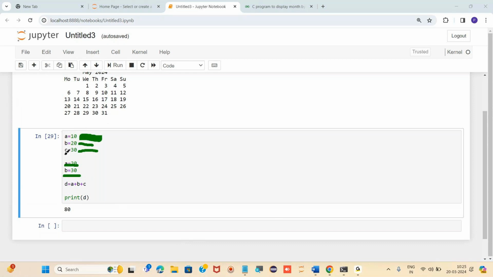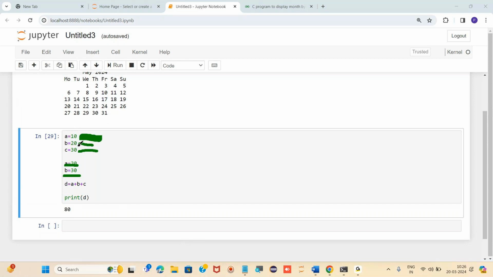But these are now the unused memory. They are still here, but it is unused memory. If you calculate this, 30 plus 30 is 60, plus 20 is 80. Getting my point?